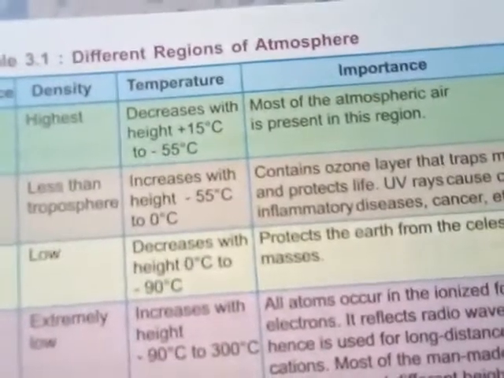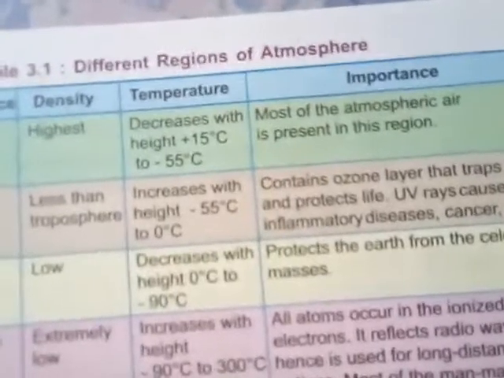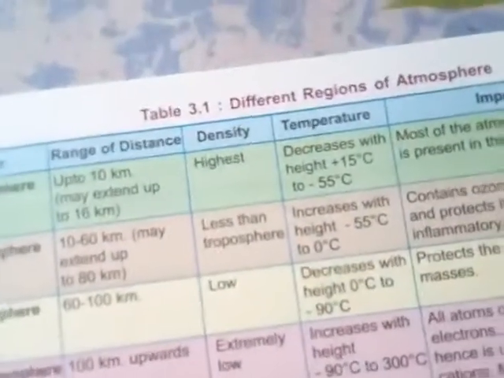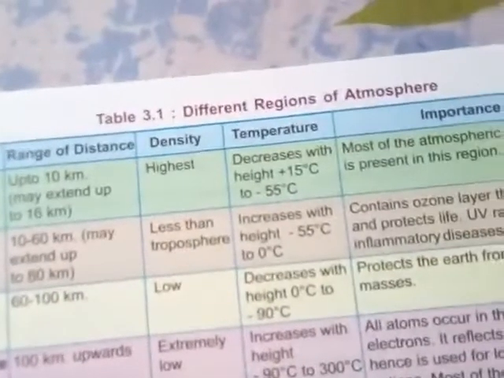So the stratosphere saves us from these dangerous UV rays. And after the stratosphere comes the mesosphere, which is 60 to 100 kilometers, and its density is very low, and it protects us from